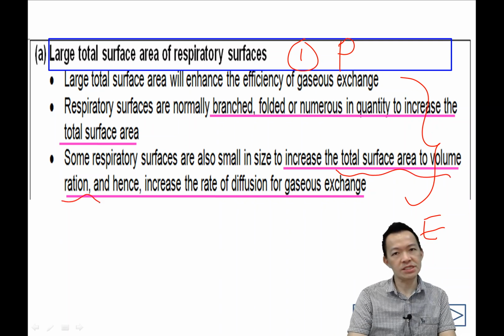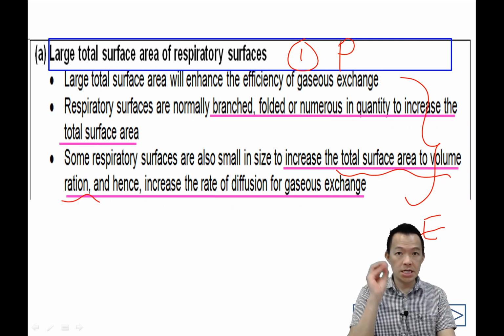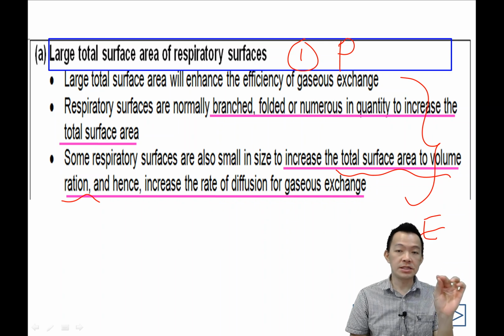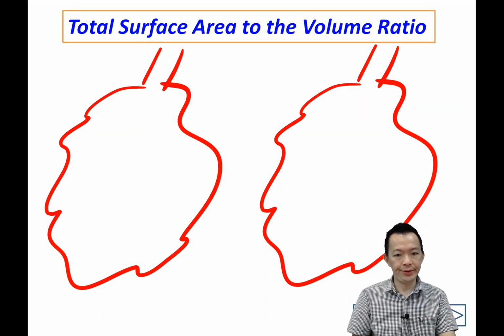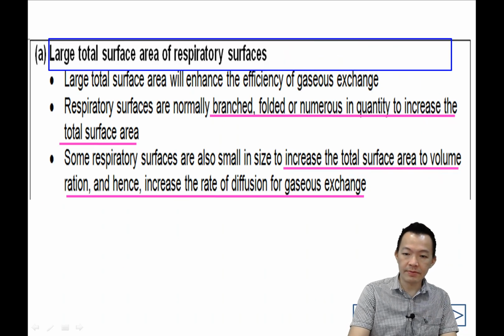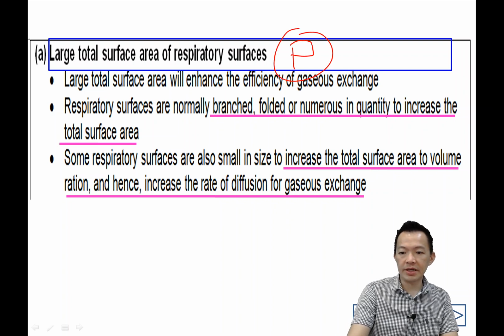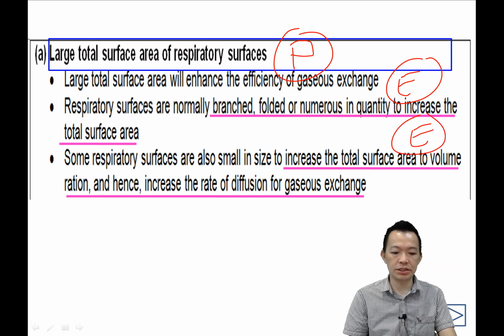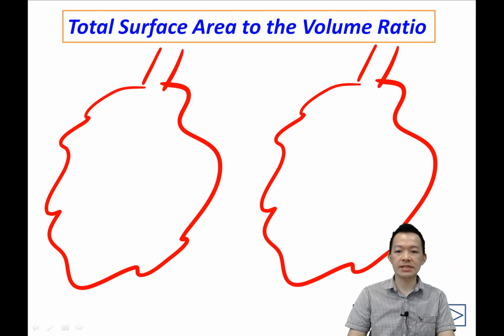But what is meant by the total surface area to volume ratio? You learned this in Form 3 if not mistaken. 如果没有错，在 Form 3有读过这个字。Increase the total surface area to the volume ratio, 增加那个表面的面积对体积的比率了。什么意思呢？Don't know. Never mind. I make it become a diagram. So 这个叫 point。OK。And 下面的划线的 we call E, explain, 这样子你就拿到3分了。